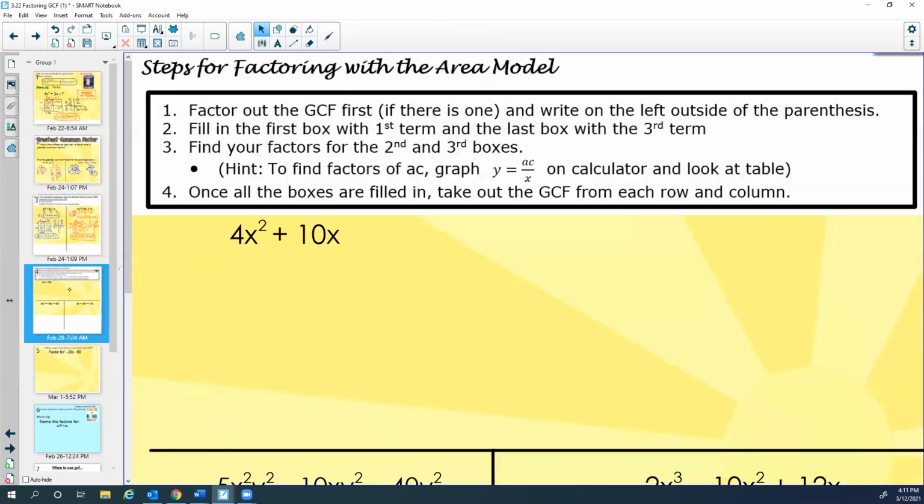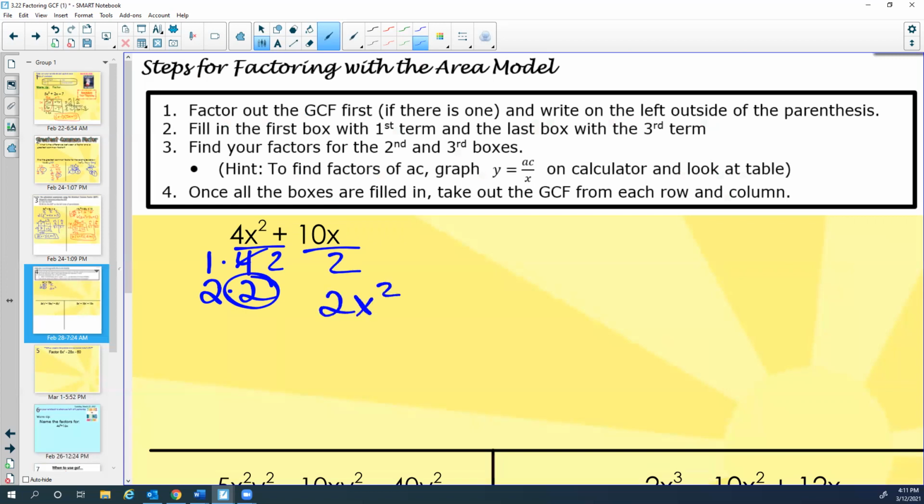All right, I can show you one more. I got 4x squared plus 10x. Well, factors of 4 are 1 times 4, 2 times 2. 4 is not a factor of 10. 2 is a factor of 10, and that would be the biggest factor. So I'm going to divide each of those by 2. 2 and 2. So I get